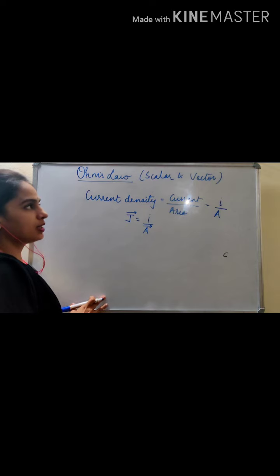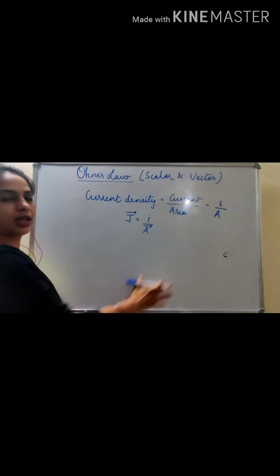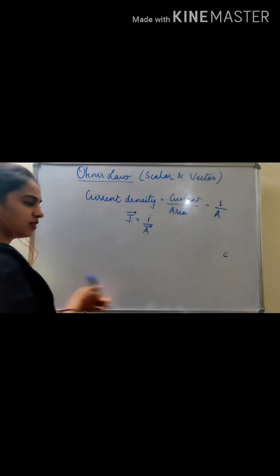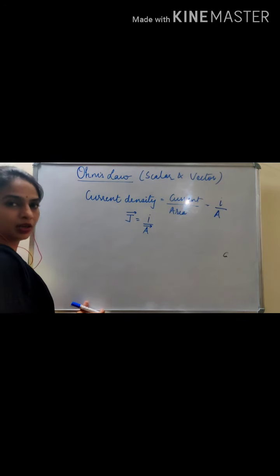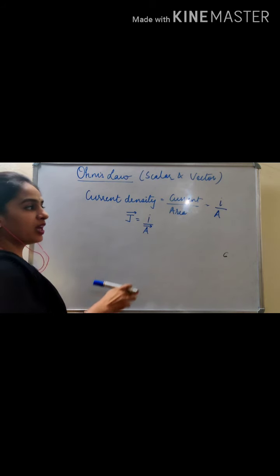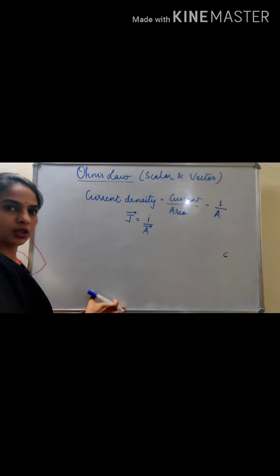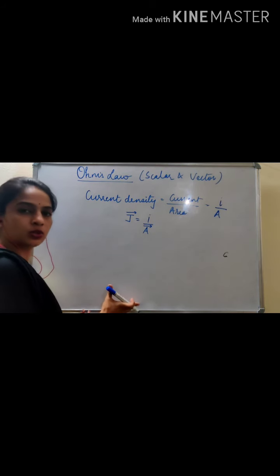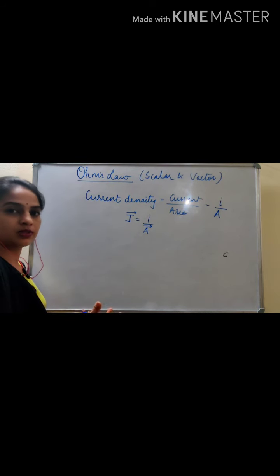Now try to understand this. For example, this is a plane. What is the area of this board if I ask you? This is the length and this is the breadth, then length into breadth will be the area of this board. Now if I want to find the direction of this area, you will say that there is no direction to an area. Area is a scalar quantity. It's just the magnitude, the numerical value.